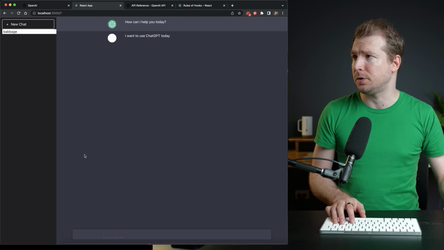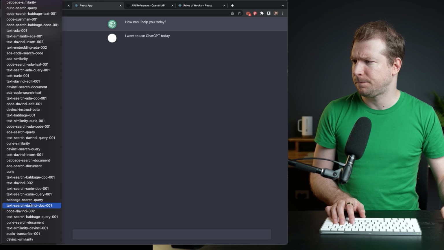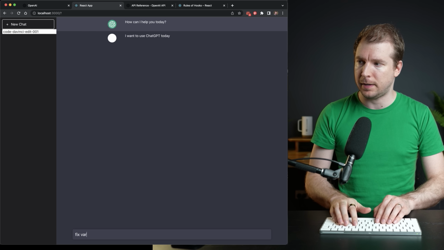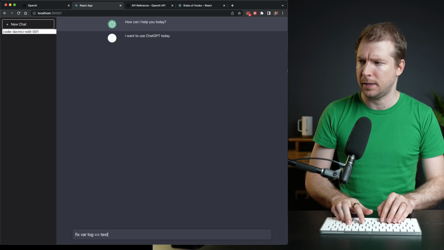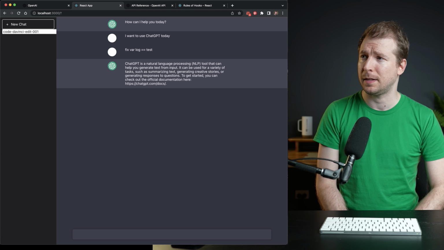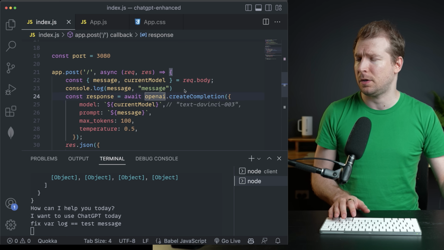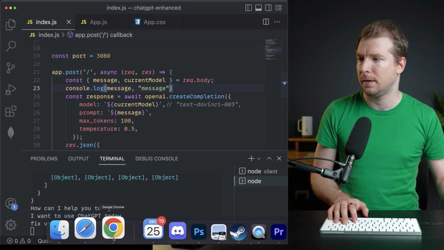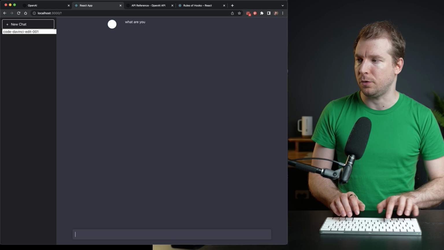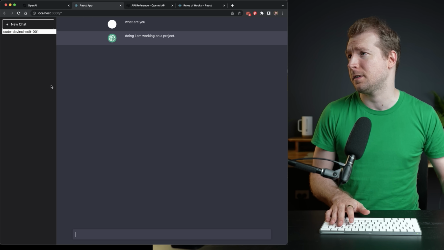And now let's jump back into here. The other thing we need to do is probably set the current model, but let's do, say, what model should we do? A code model, code DaVinci edit. Fix var log equal test. Let's see what comes back. So that's come back with not exactly what I was looking for, but in terms of what it should be doing, I think we need to clear out the chat, then go, what are you? And let's have a look. I'm doing a project. I'm working on a project. All right, well,